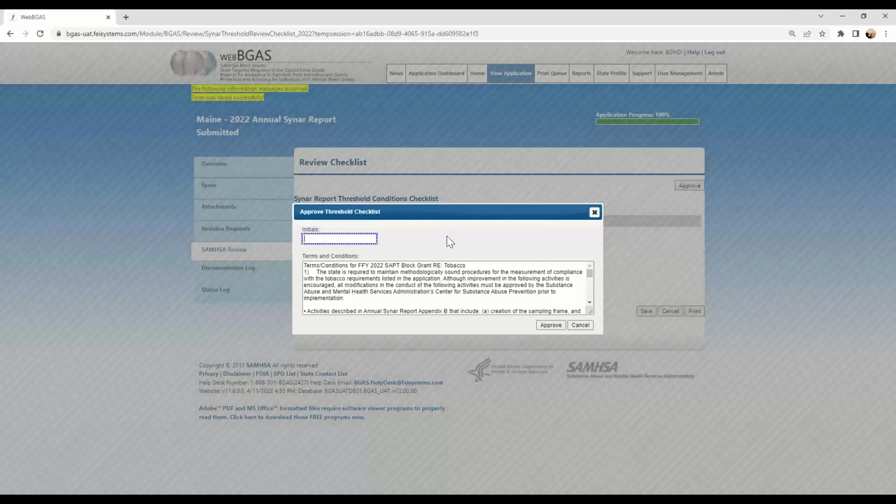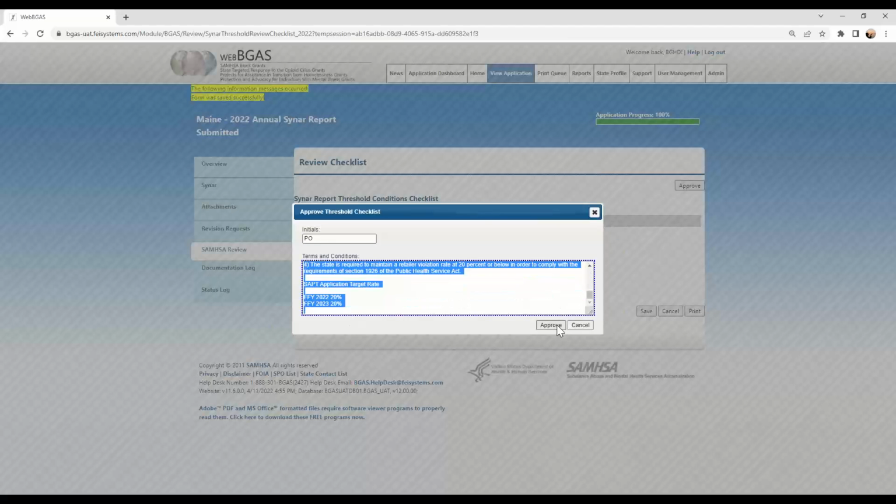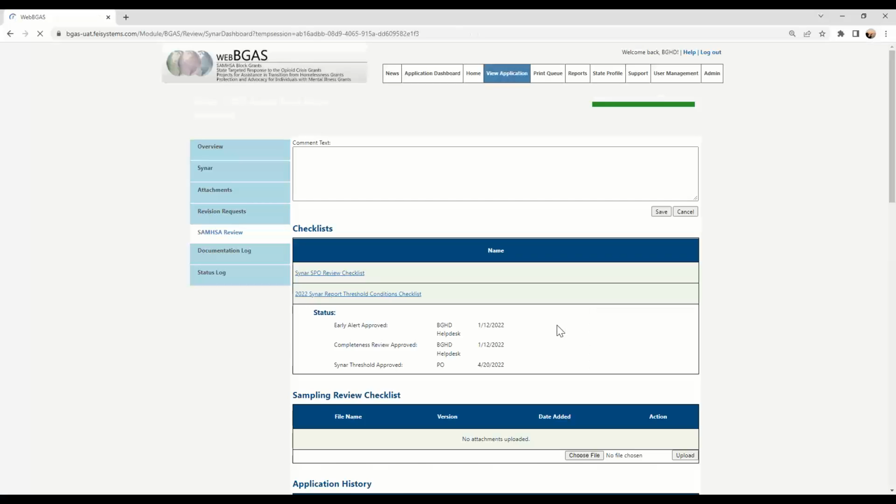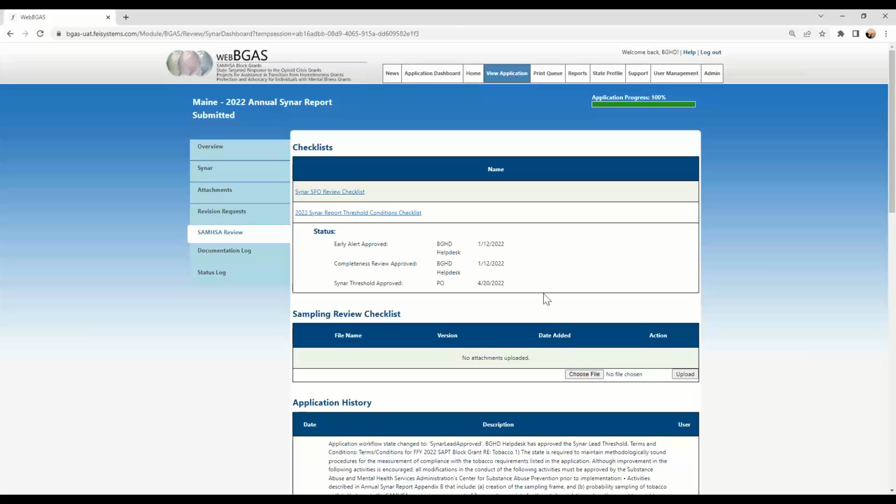And this is where the SINAR PO will put in their initials, check the terms and conditions, and approve the threshold conditions checklist. Now you'll see that the signing off appears on the screen with the date. And now going back to the threshold conditions checklist,